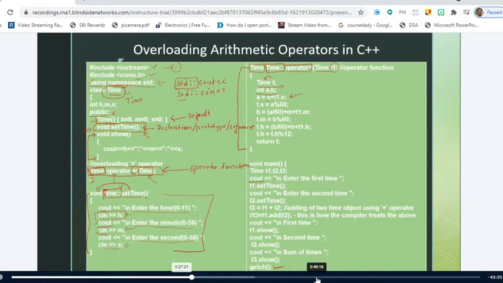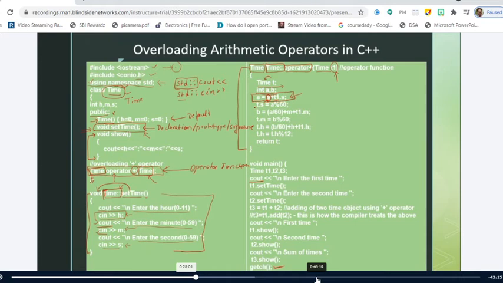So a is equal to s plus t1 dot s. That means whatever value of s, he is adding this t1 dot s to some s. What is this s? To which object does it belong? I will tell you everything, right? But remember that a is equal to s plus t1 dot s. This is one statement, and that means he is adding the seconds of two objects. The first object belongs to s, and the second object belongs to t1. Right. So remember this statement. I'll come back again and explain how it is working.